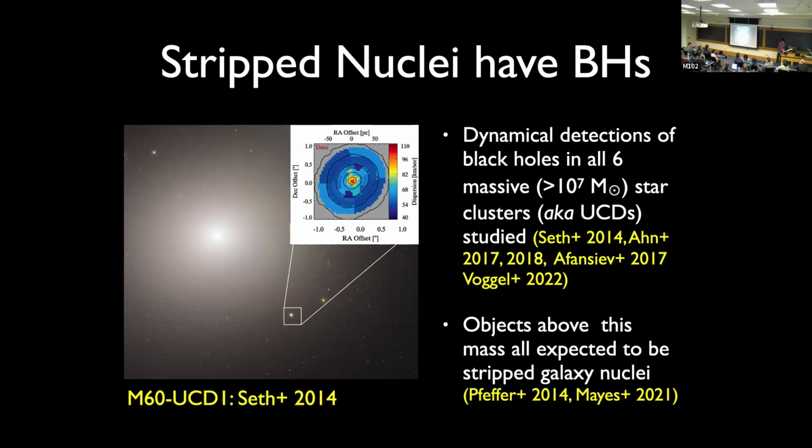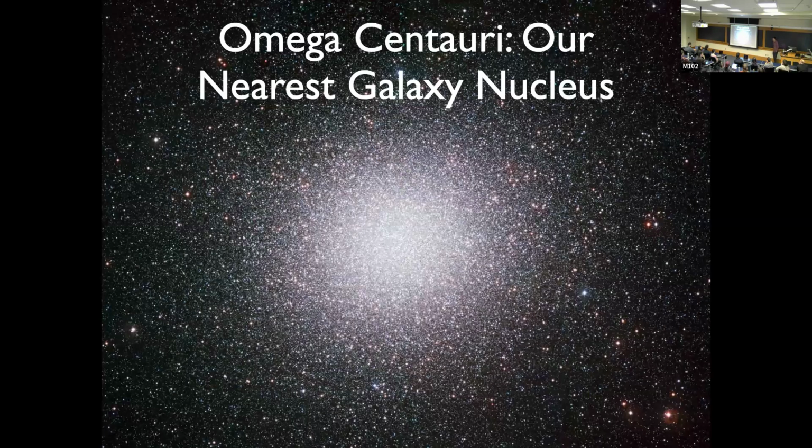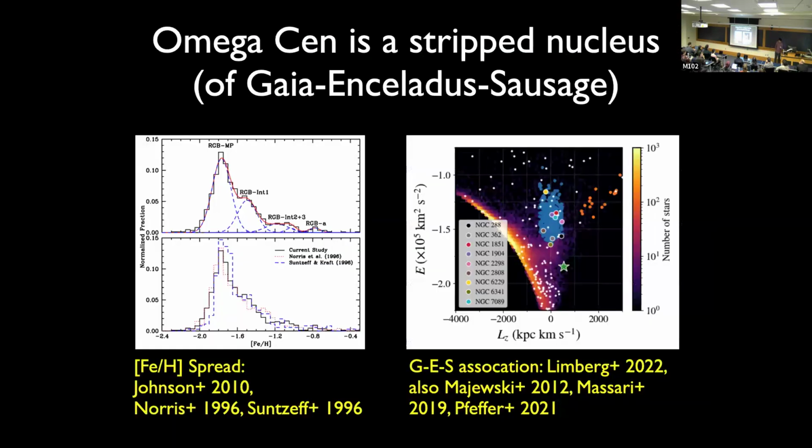Okay, so that brings us to Omega Centauri, our main character for the day. This object is the nearest galaxy nucleus to us. We're pretty sure that this object was once the core of a dwarf galaxy that then fell into the Milky Way. The reason we think this is that